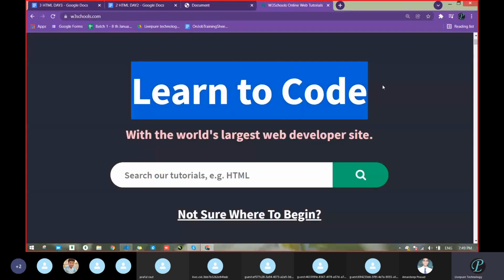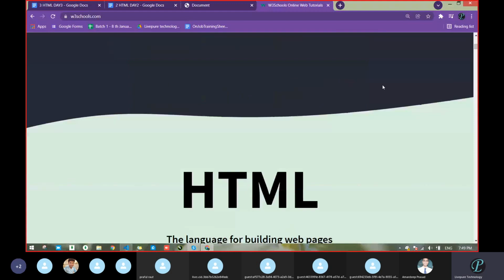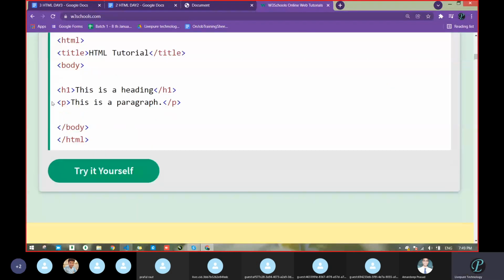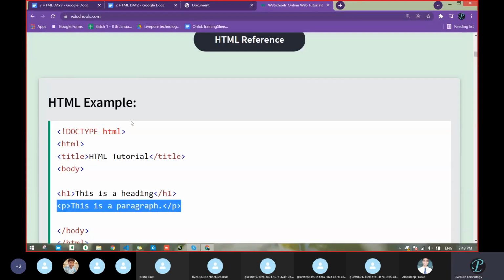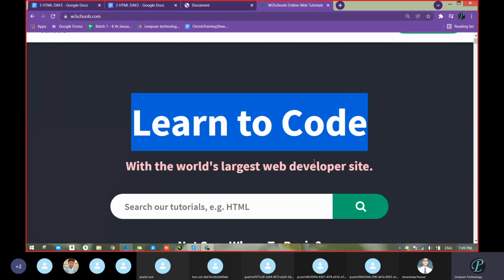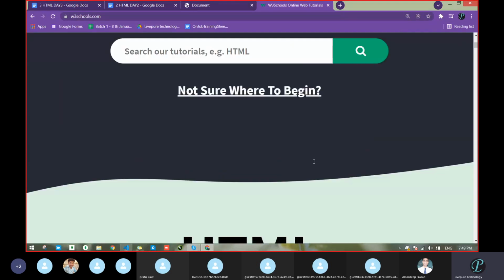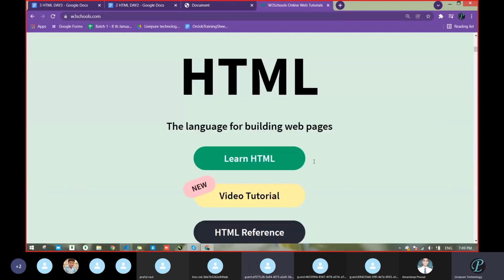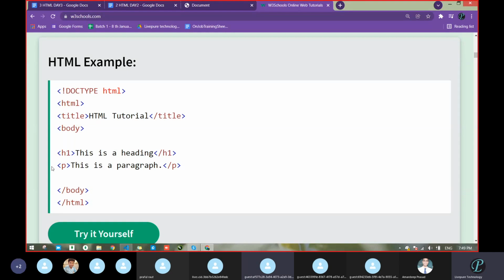If in place of this much large heading, I make the top heading like this type, will it make sense? Suppose this "learn to code" is written in bold, and in place of the bold letters, if you make that one also like this way, is that making sense? There is no sense.